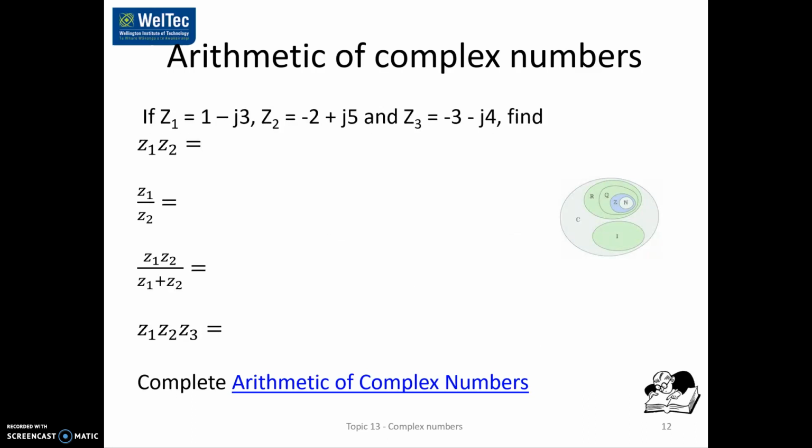Then just a few problems here. z1 times z2 would be 1 minus j3 times negative 2 plus j5, and that would be 1 times negative 2, which would be negative 1, plus j5 plus 10j